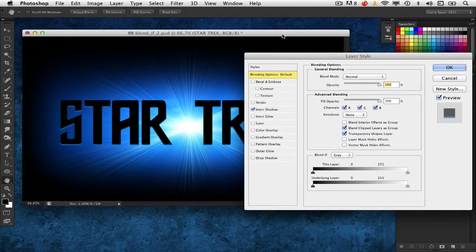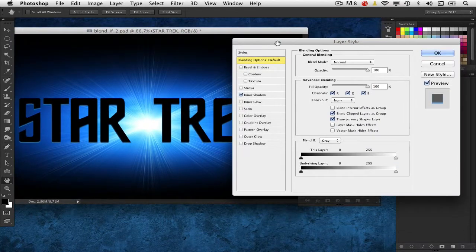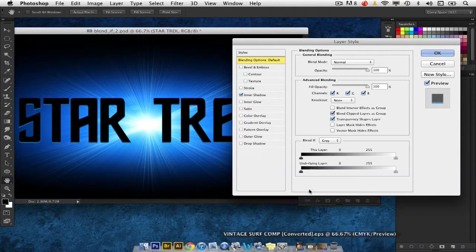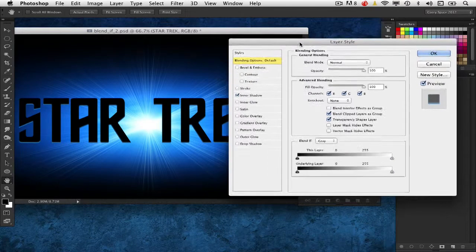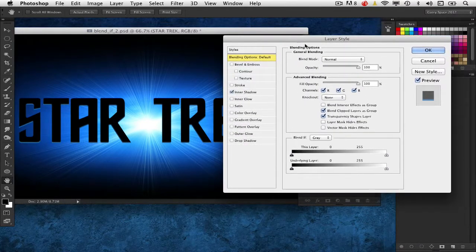Now, how does it work? In those scenarios where you want to blend two layers and blend modes aren't really going to give you what you want, or perhaps you've got a blend mode that you like, but it's just not there yet, you can certainly play around with these Blend If sliders and see what results you can get. But I just want to show you a couple of scenarios where they really, really come in handy.